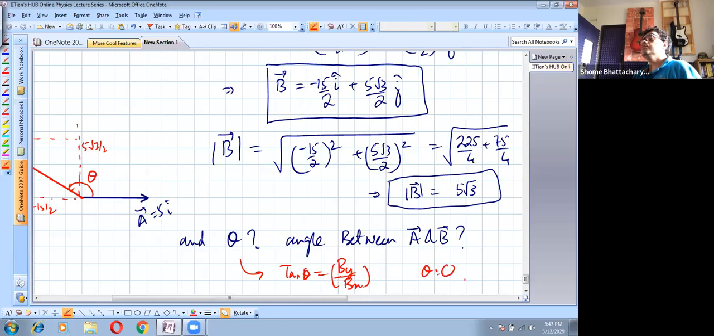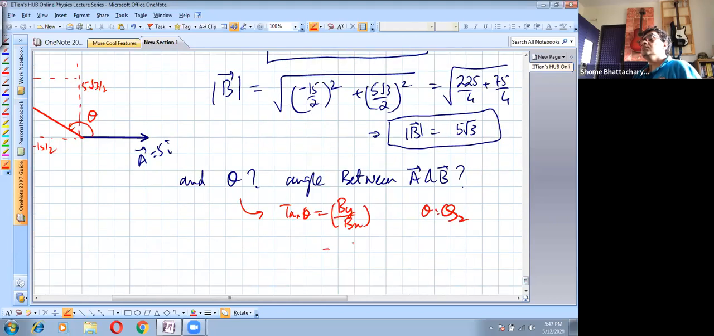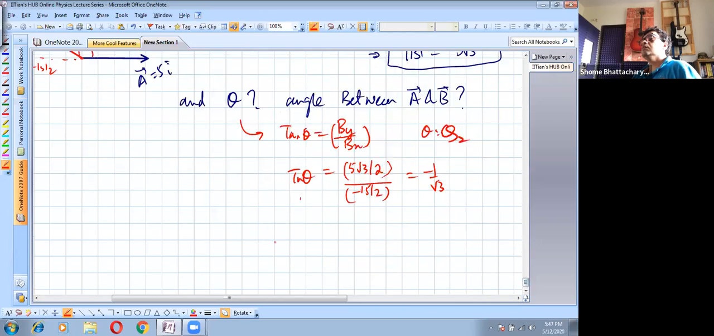Theta is in quadrant 2. So that is nothing but B's y component, which was 5 root 3 by 2, and x component, which was minus 15 by 2. So you see this comes out to be minus 1 by root 3. So tan theta is minus 1 by root 3. Okay, that means tan of 180 minus theta is 1 by root 3. So 180 minus theta is 30. So theta is 1